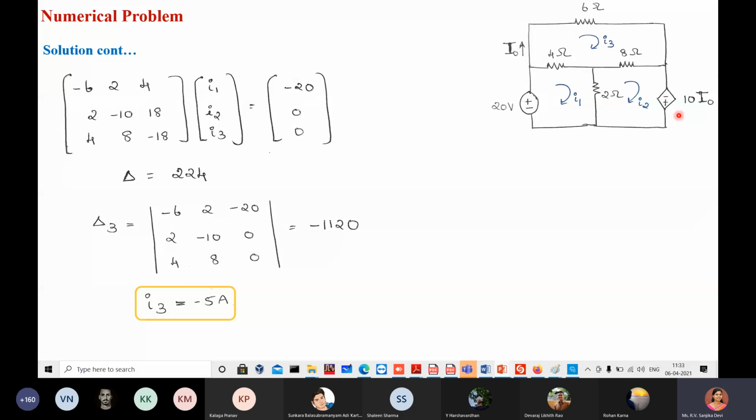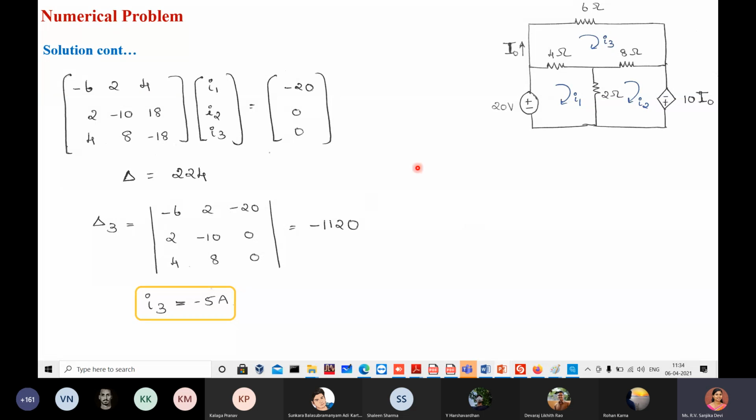And for any voltage, again, do not multiply with current, because multiplying a voltage with current will give us power. In KVL, all the individual terms should be voltage terms. And if it is a dependent source, you see the variable it depends on and try to express that variable in terms of the loop current. By that we can solve the circuit.